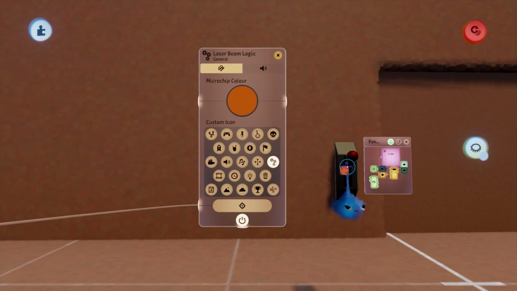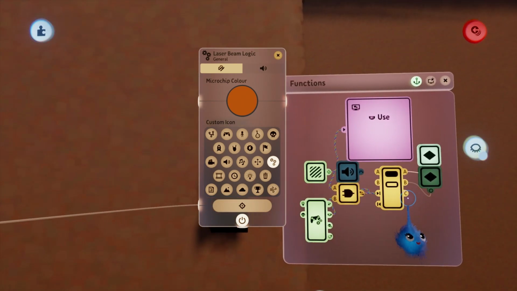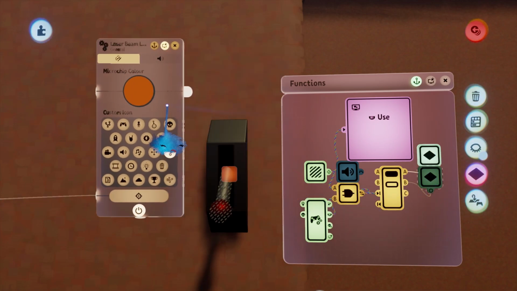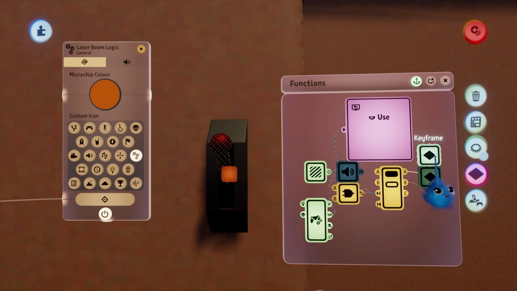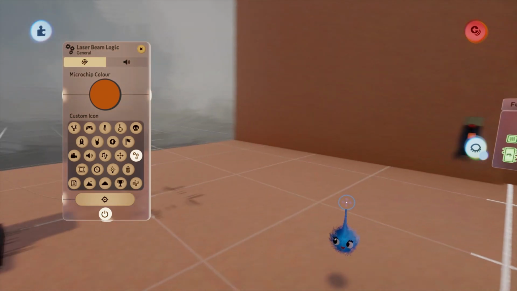Open up the functions for this, and you can see we have a selector here. So you've got an A state and a B state for the lever. So B is our on state. So what we need to do